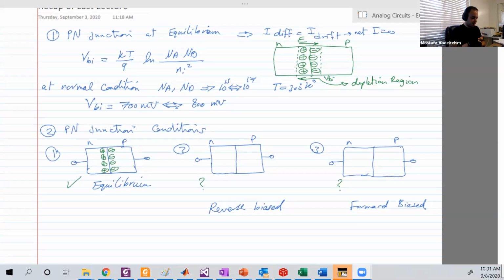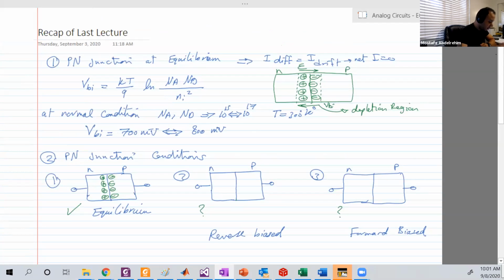So let's start. Let's first recap what we covered last time. We introduced the concept of the p-n junction, which is two samples: one sample of silicon doped with phosphorus, which is N-type, and another doped with boron atoms, which is P-type, attached somehow to each other. We found that a flow of the majority carriers from the P will flow into the N